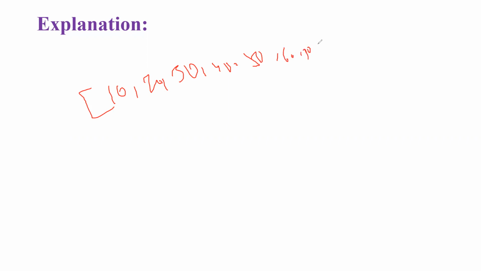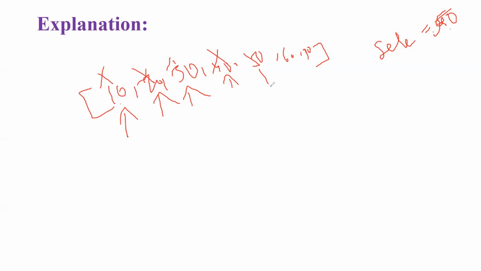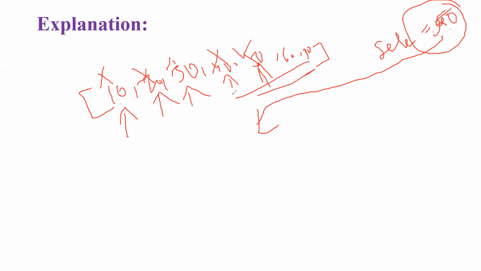Okay, now I want to search for an element, for example, 50. Now what would happen is, from the start of this array, 10 would be compared with 50. Is it equal to 50? No. Now 20 would be compared with 50. Is it equal to 50? No. 30 equal to 50? No. 40 equal to 50? No. Is 50 equal to 50? Yes, the 50 is equal to 50. Whenever the match is found, it breaks out of the comparisons and gives us a message that element found.